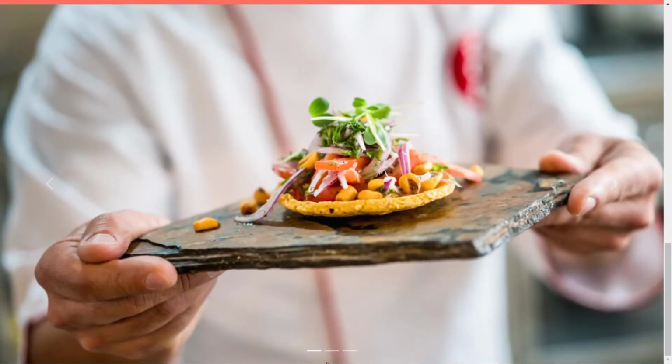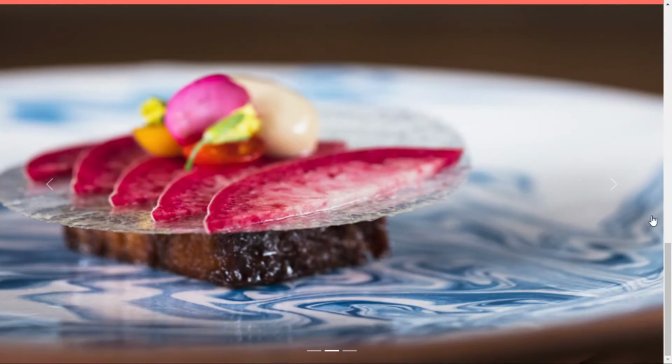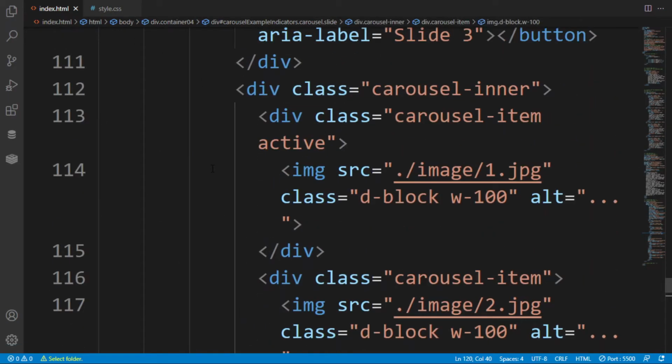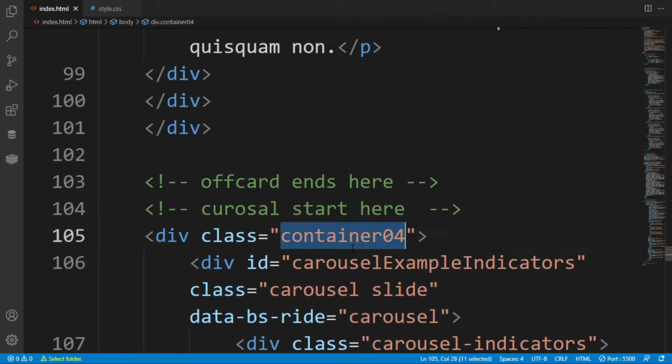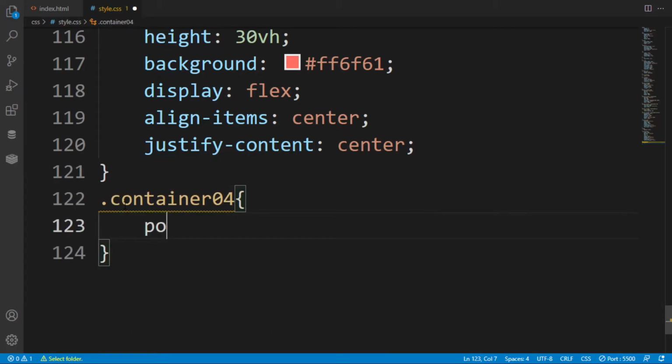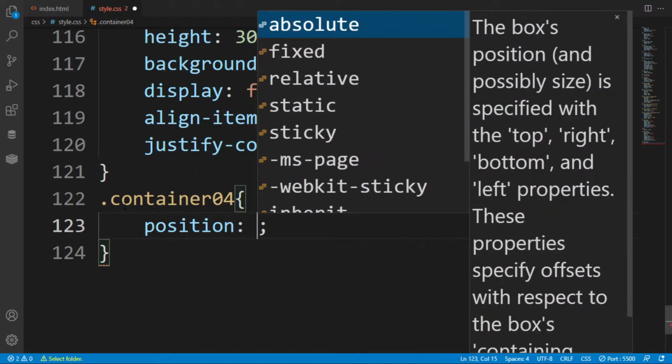as you can see the preview, but I want this thing at the center. So now I'm going to select this container 4. Here, .container4, and here I am giving the position relative.